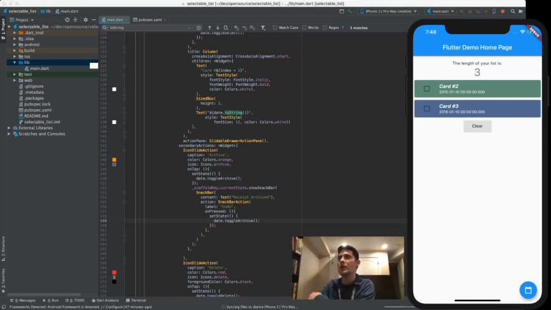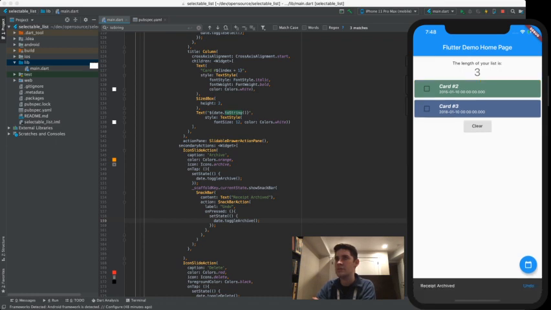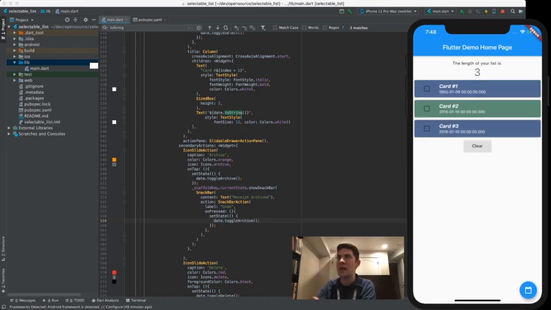So hot restart. I love that Flutter has hot restart. It makes stuff super fast. So archive, we see archived shows up, undo. We're going to do that, and it comes back. Perfect. One thing that I do want to know is, do we want to show, if people don't notice in the